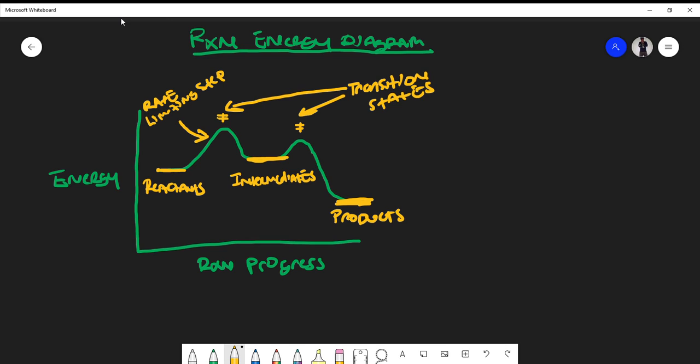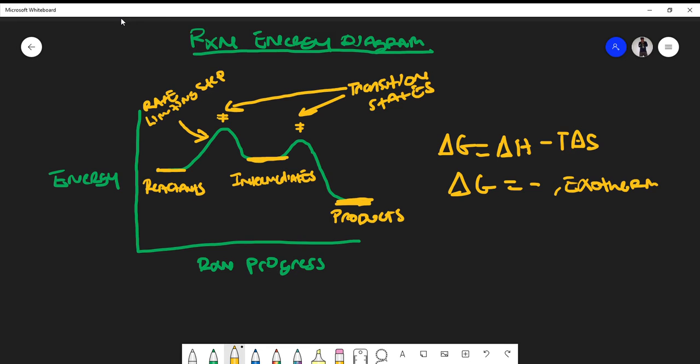Now, we know that the free energy equation, or Gibbs free energy equation, says that delta G is equal to delta H minus T delta S. Now, what I want you to take away is that if the delta G is negative, we say that the reaction is exothermic, or in other words, spontaneous. If the delta G is positive, then it's the opposite. So we say this is endothermic